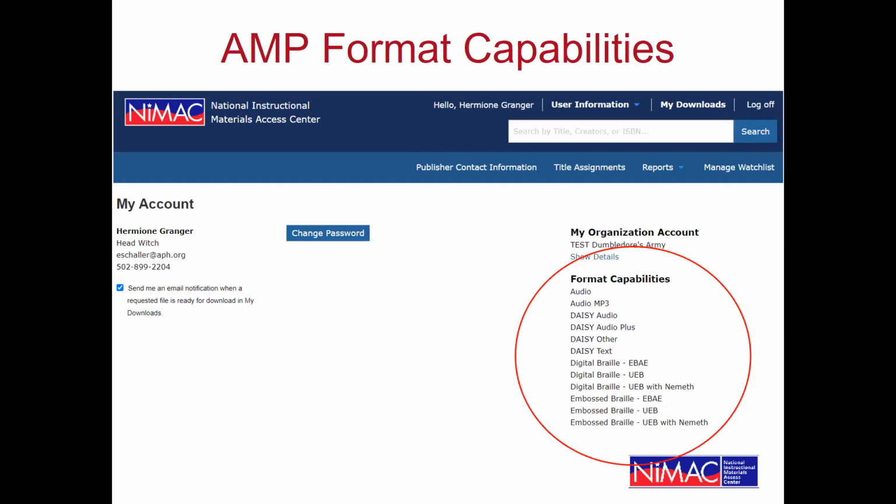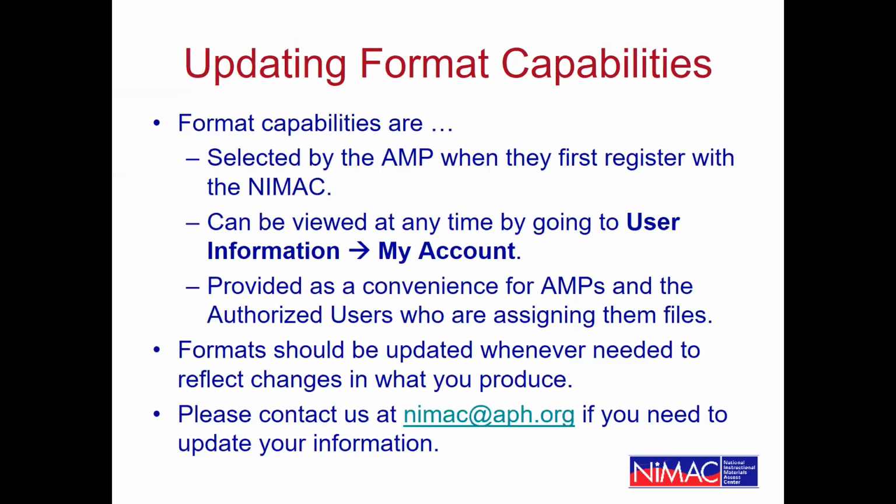When you first registered as an accessible media producer, part of your online registration was to select your format capabilities. If you've worked with the NIMAC for a long time, maybe you've had changes to the formats you can produce. Maybe you no longer produce EBAE, for example, but now you produce UEB or UEB with Nemeth.